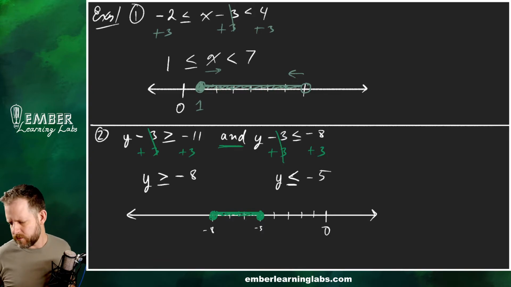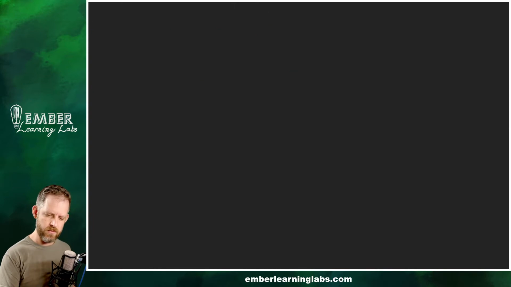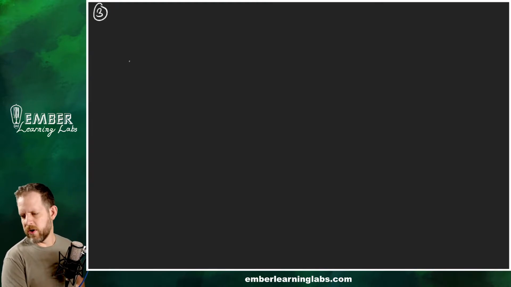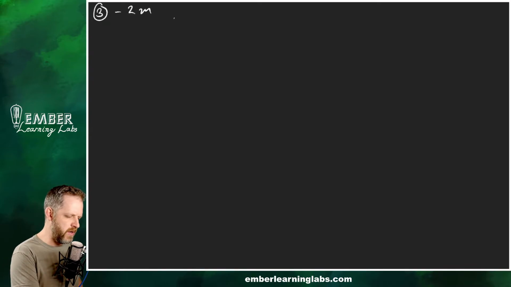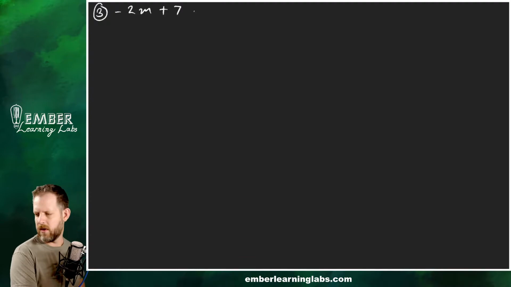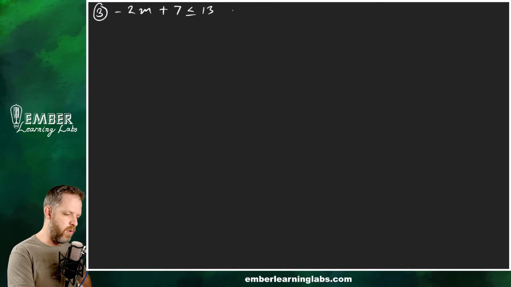Let's do one that's going to look a little bit different. How about this one? This will be example 3. So we're going to do -2m + 7 is less than or equal to 13. Or, not and, but or